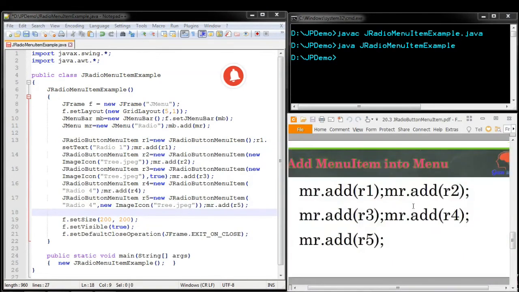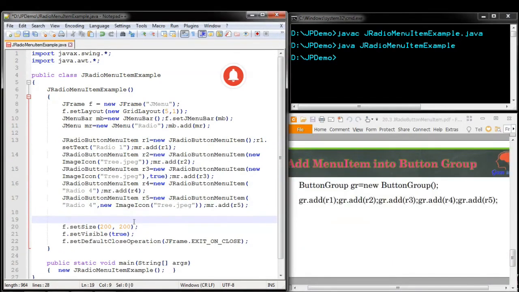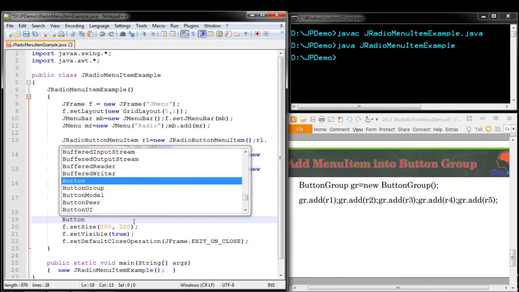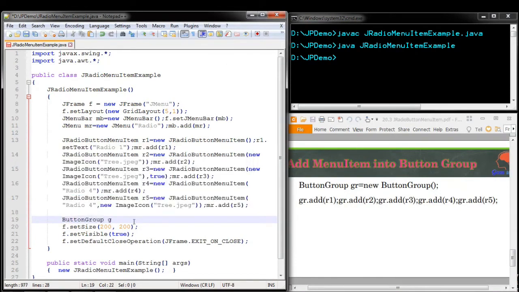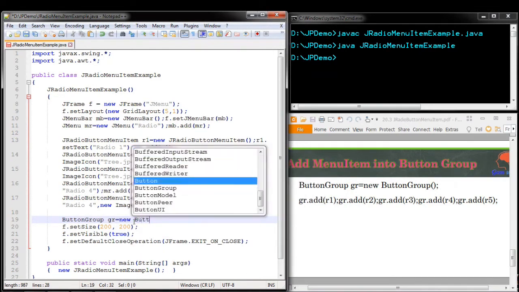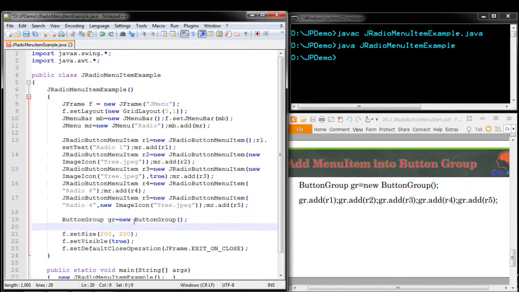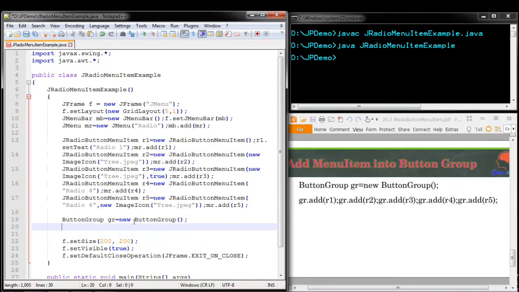For this we have to create a ButtonGroup: ButtonGroup gr equal to new ButtonGroup. Once you have created the object for this button group, whichever radio button menu items you want to group, all of those radio button objects have to be added into this group.